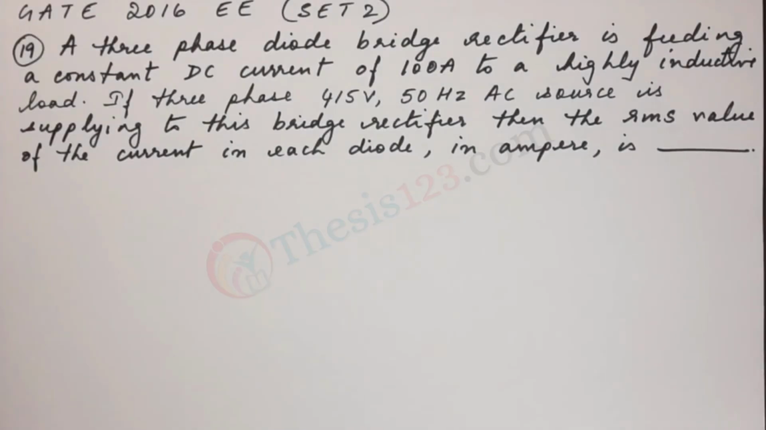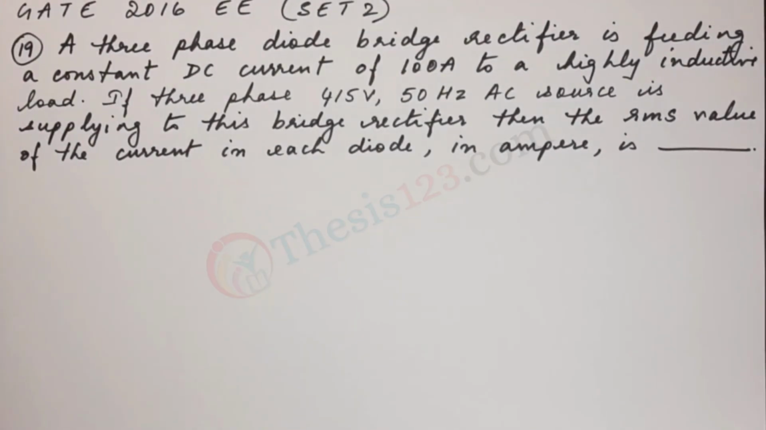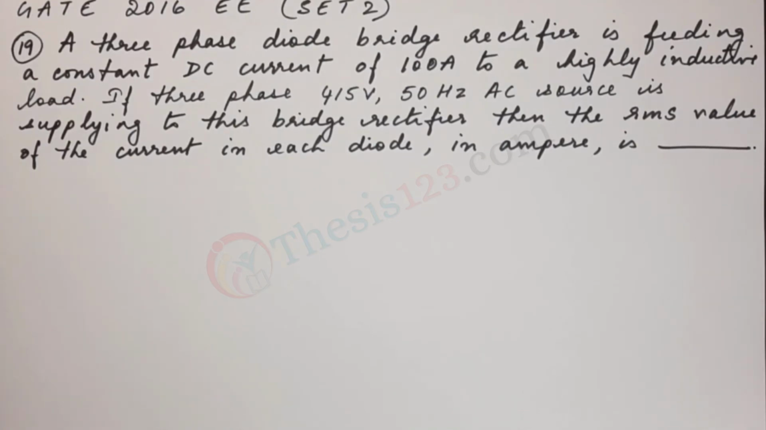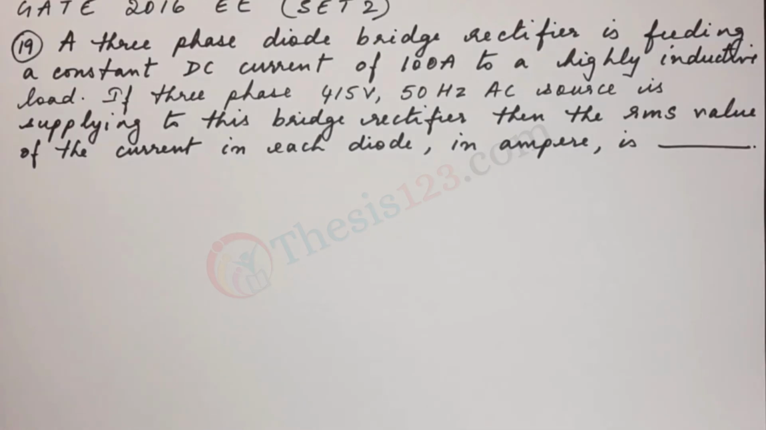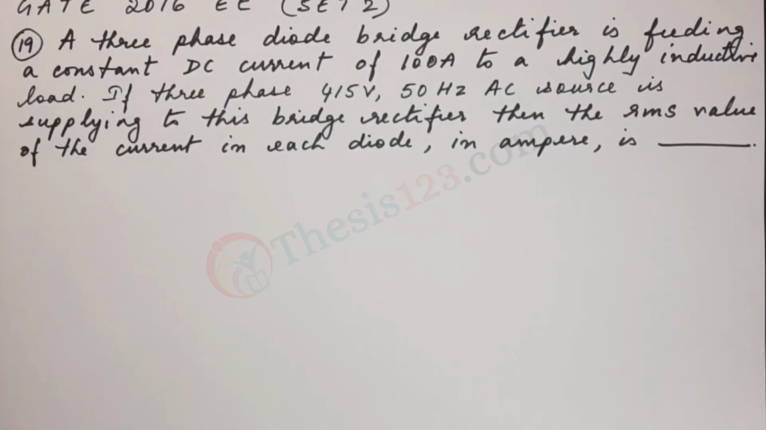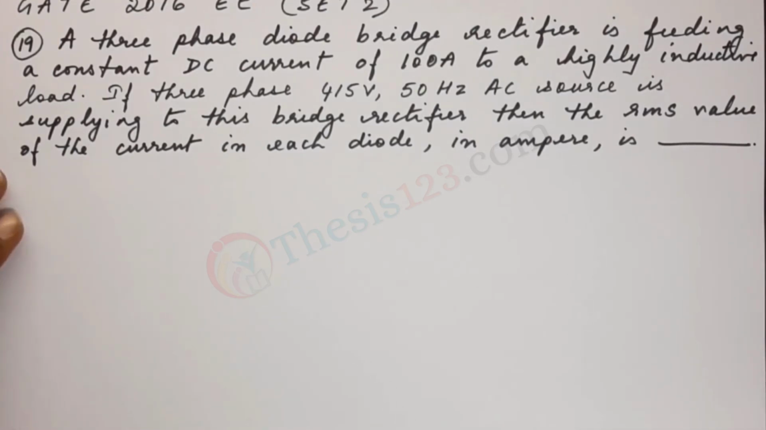Here's the next question, number 19. A three-phase diode bridge rectifier is feeding a constant DC current of 100 amps to a highly inductive load. If a three-phase 415 volt 50 Hz AC source is applied to this bridge rectifier, then the RMS value of the current in each diode, in amperes, is. Okay, so considering what's been given to us,